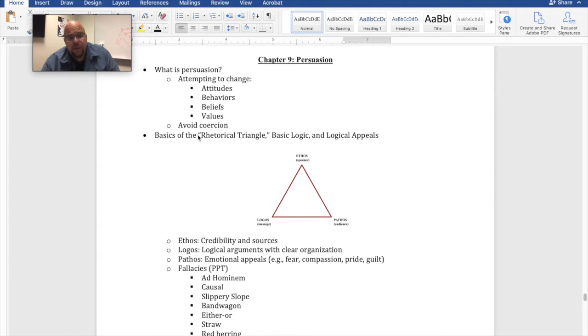Ethos, as you see on the screen, refers to the credibility of the speaker and the sources that they use. So if you are a doctor and you're talking about a medical topic, well then, you've got a lot of credibility there, more than likely. If you're a college professor that teaches speech, a communication expert, and I'm talking about a medical topic, I don't have a ton of credibility there. That's just not my area of expertise.